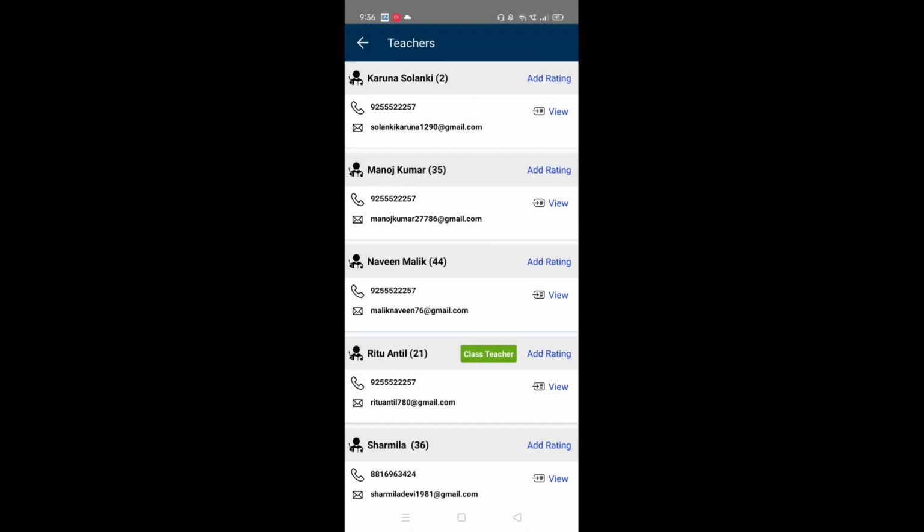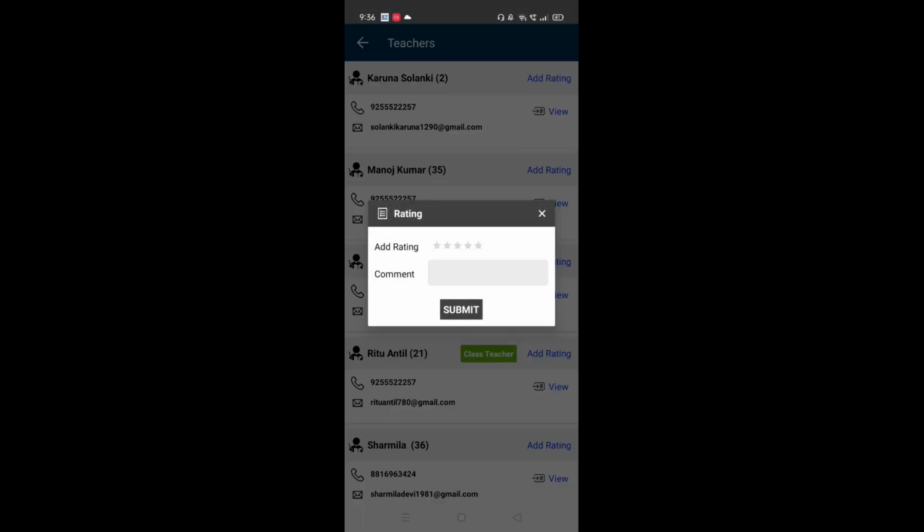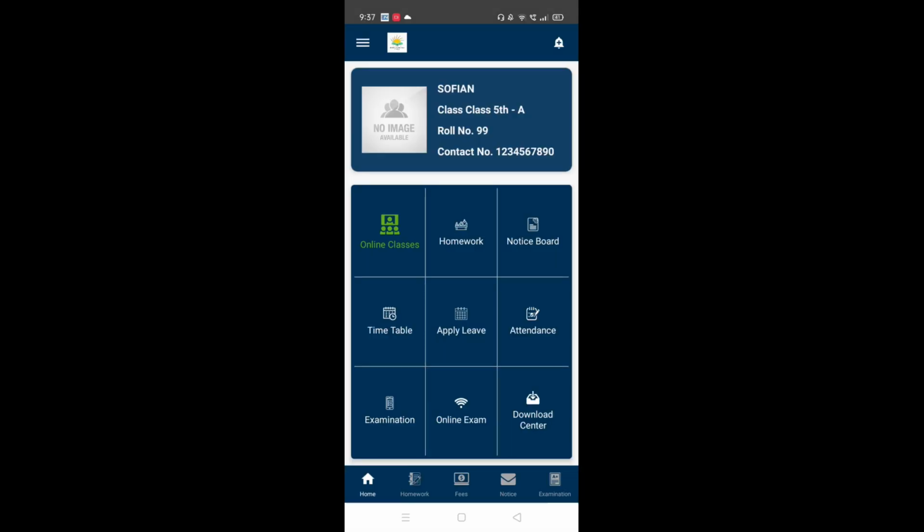You can also give feedback regarding your teachers teaching, and you can give them a rating out of 5, and you can also give your comments. Whatever ratings you are giving out of 5 are visible only to the principal and not to anybody else. So parents and students, make sure that you are giving these ratings, so that the principal and the management can do a better planning and they can do a better review of their academic process. So this was all about the EasyNext app.